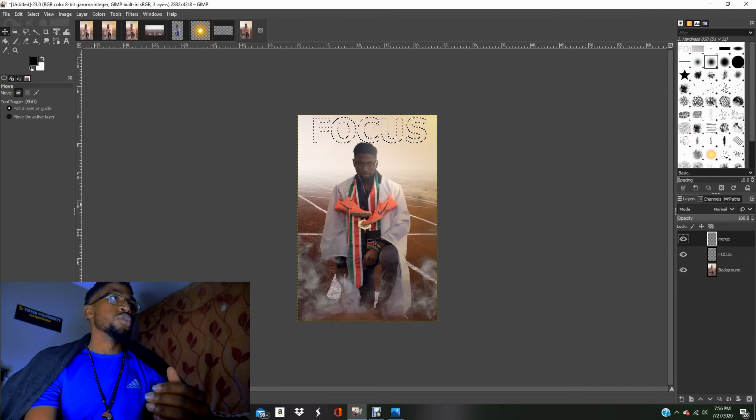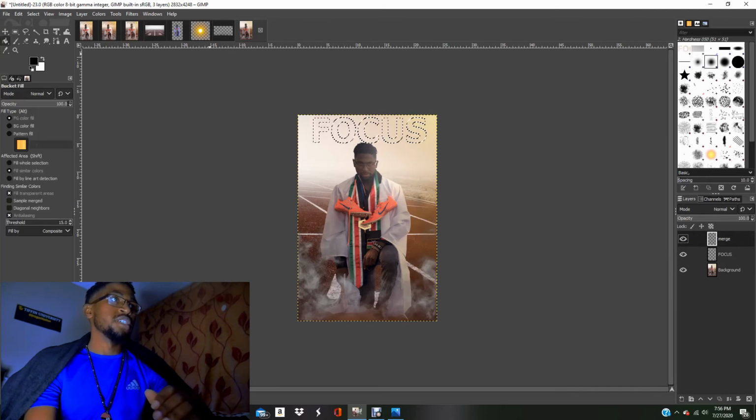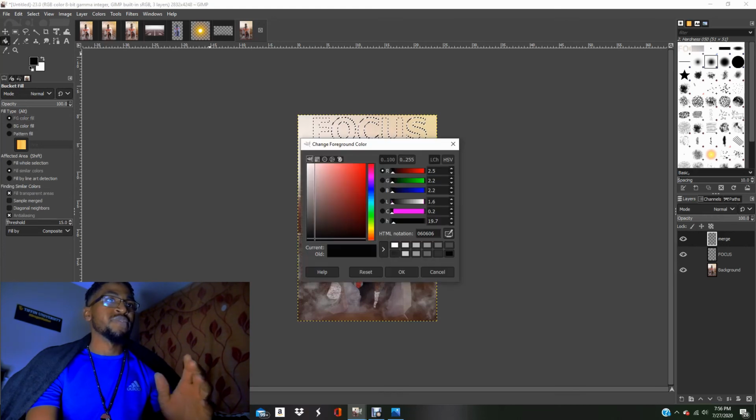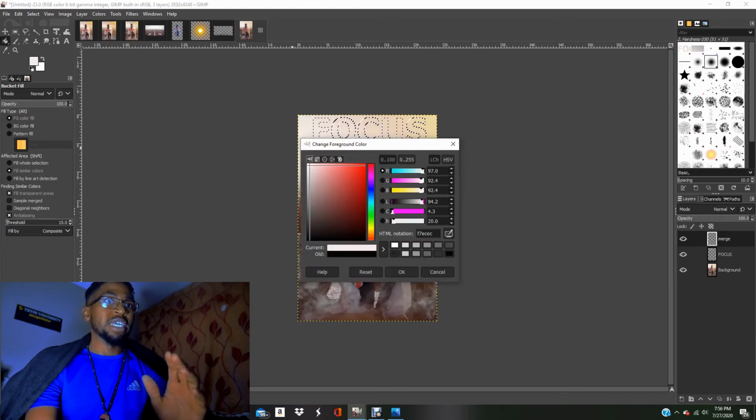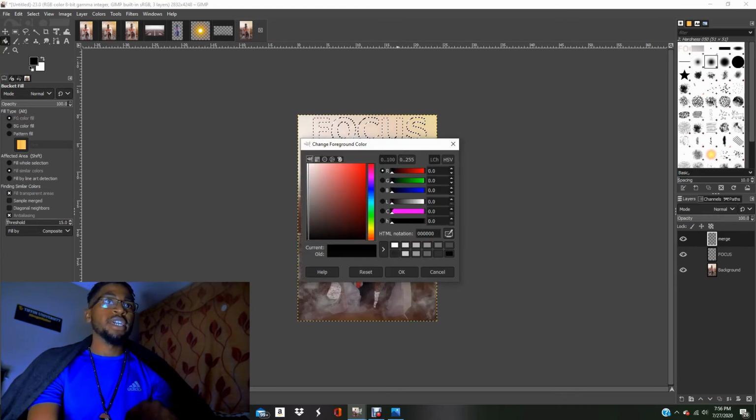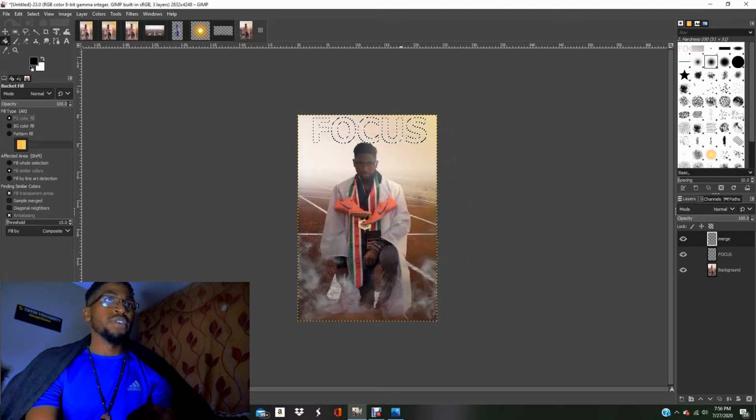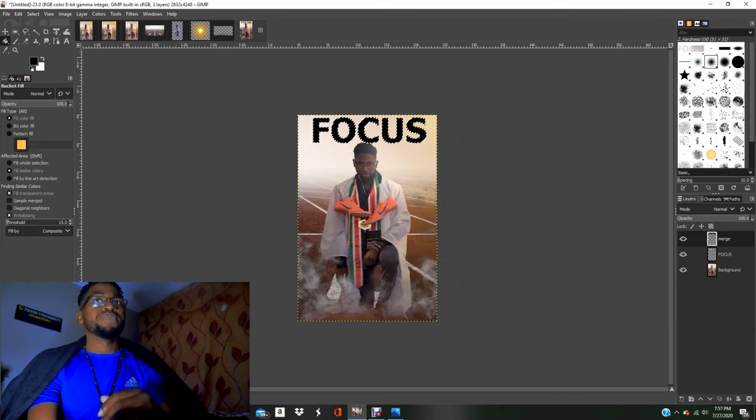We're going to go to this bucket. We're going to hit FG color fill. Make sure that this is black. If it started off white for you, make sure you bring it down to black, right? You're going to hit OK. And now you're going to want to fill this in. You fill this part in, and at this point,